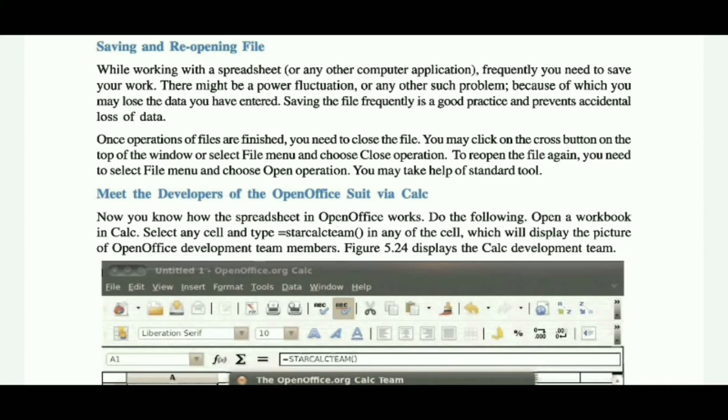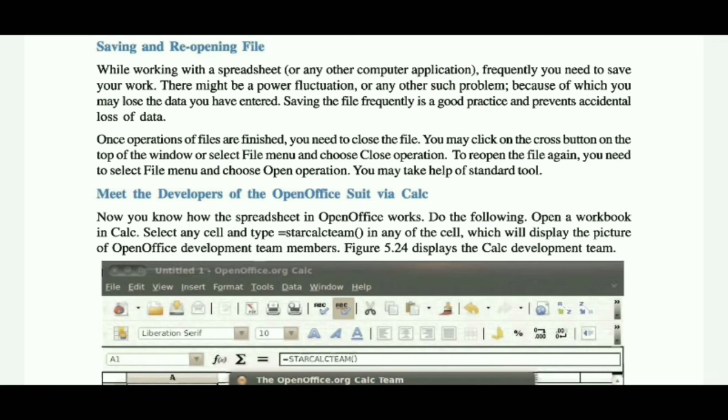So students, while we are working with any application on a computer, we have to keep the habit that very often we save the file continuously, just to protect our content from an accidental power failure or something else happening, so that we will not lose our data. So keep the habit of saving your file continuously. At the beginning, when you are starting your document, first save your file and then do your work. And then every so often you have to save your file again and again.